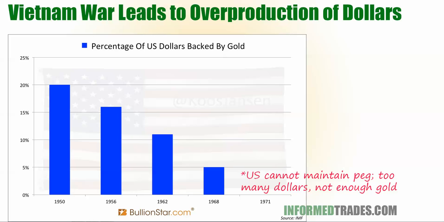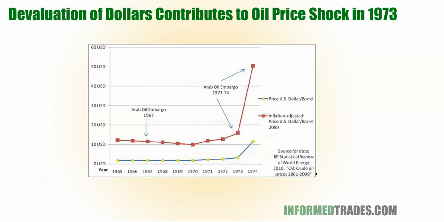Charles de Gaulle of France started calling them and started demanding to redeem his gold, giving dollars in exchange and taking his gold back. Charles de Gaulle of France did this, and that led to the standard needing to be broken. Okay, so then in 1971, Nixon says, you know what, the gold standard's over, we're not pegging the dollar to gold anymore, and that gave birth to the modern monetary system where everything is free-floating.